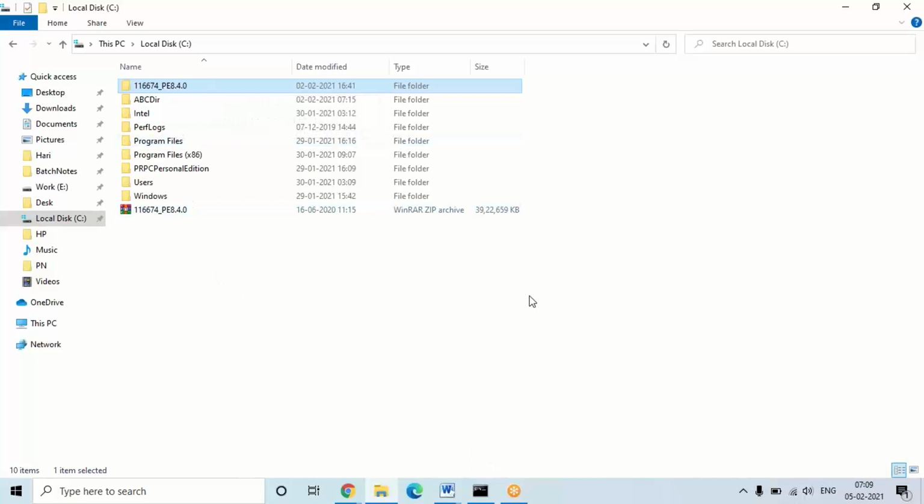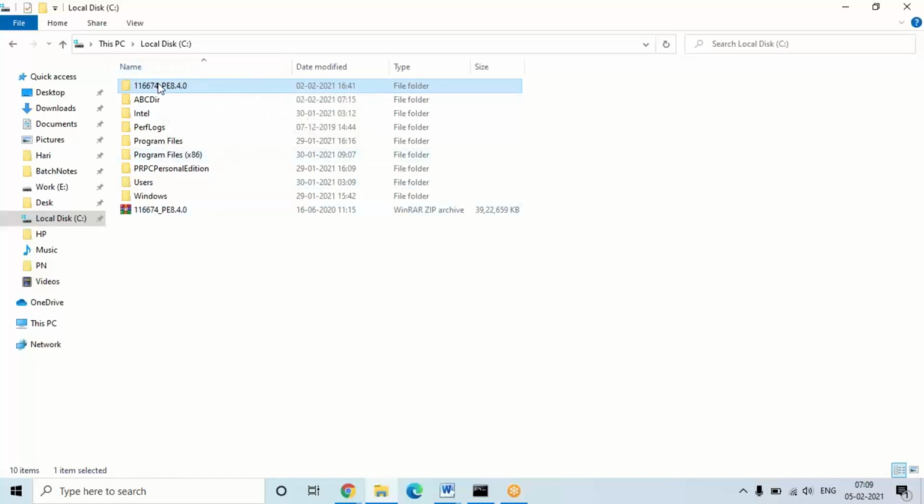And the thing is, in your system, if extraction is done in download or document or desktop, after the extraction is done, move this folder to some directory. Don't run directly from the desktop path or document or download path. It may not read some exe files. So after download and after extraction, copy these folders to some drive in your system. C drive will compulsorily be there in every system. Apart from that, if you have any other partitions with space, you can copy this folder to some directory.